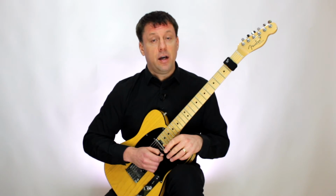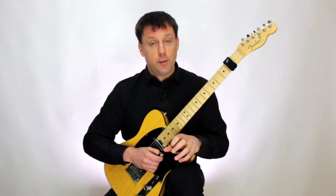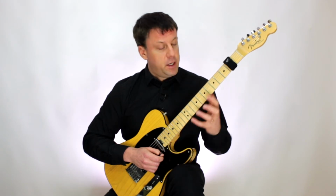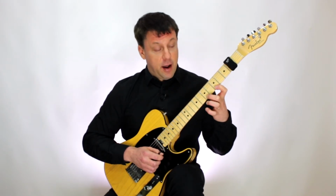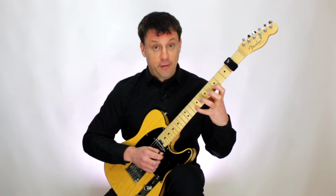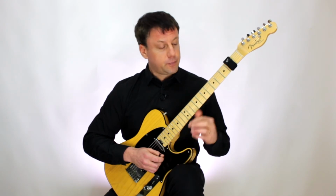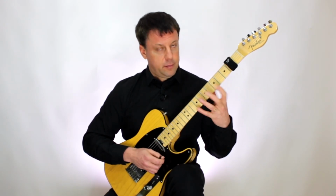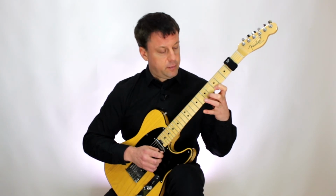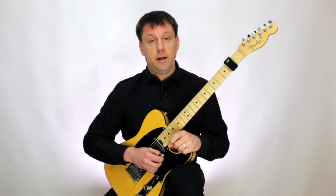Now because we have 10 notes, if you play one bar of semiquavers, we need to select 16 notes to fill up one bar. So if I play 1, 2, 3, 4, 5, 6, 7, 8, 9, 10, 11, 12, 13, 14, 15, 16, we have a 16 note sequence. I can then repeat this. Okay, so if we do that twice,